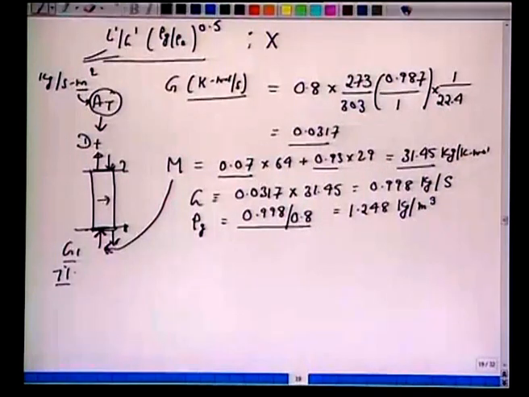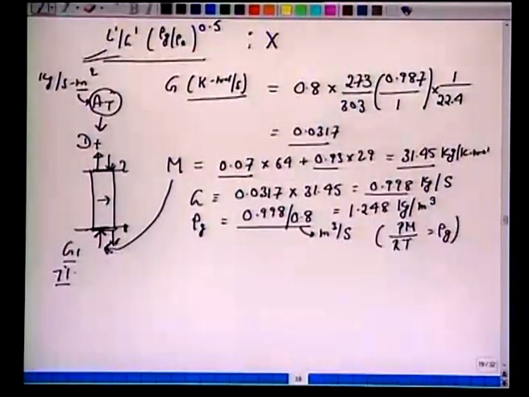So, this is the volumetric flow rate. This was given to us in cubic meter per second, and just now we calculated kg per second. So, we can get the gas density. Alternatively, we will get the same result if you calculate PM over RT for rho G. You will get the same result. You must check as an exercise. So, now we can calculate our x, L prime over G prime. Okay. Now, notice that this L prime and G prime are given in kg per second per meter square, but the ratio of L prime over G prime will be same as L over G.